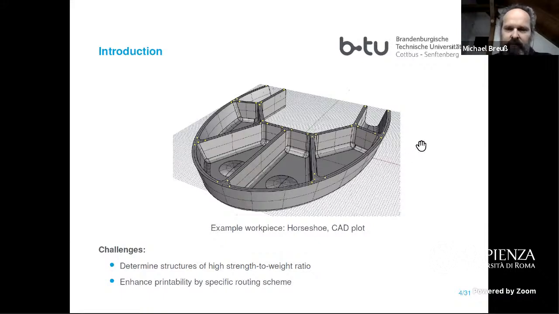So this was an example workpiece that we had a look at. We also printed it and investigated it, but here I just show it because of the nice picture. So what was the initial problem? The initial problem is, at least when we were starting the discussion with the guys from the engineering department here, that we have an outer shape of some structure like this horseshoe, for example, and the structure is most often non-convex. And you want to make it stiffer, not have just the outer shape, but you don't want to print it fully. You want to have certain supportive structures in it.